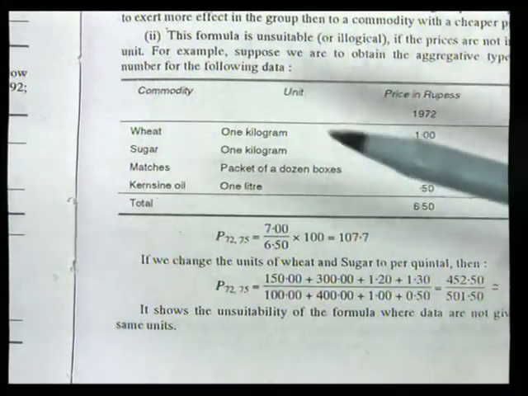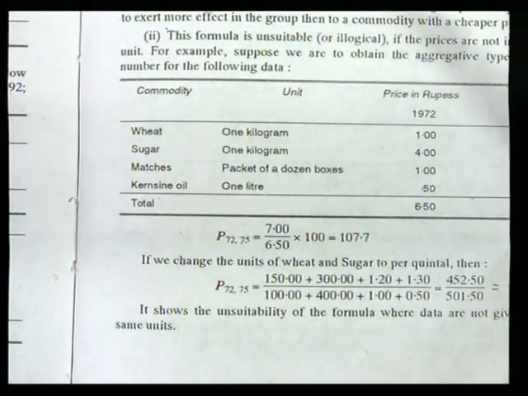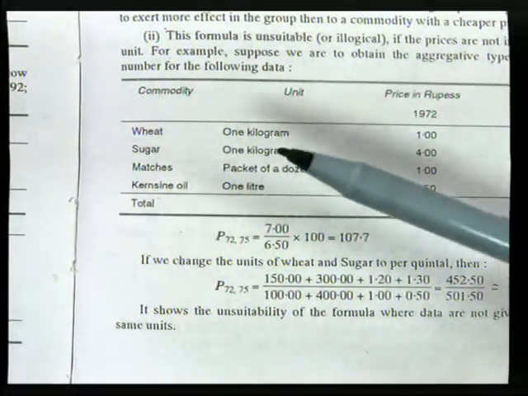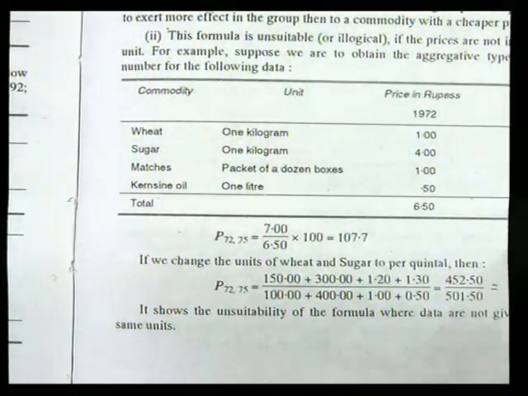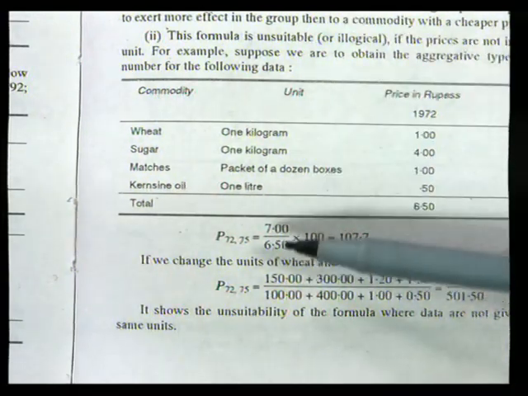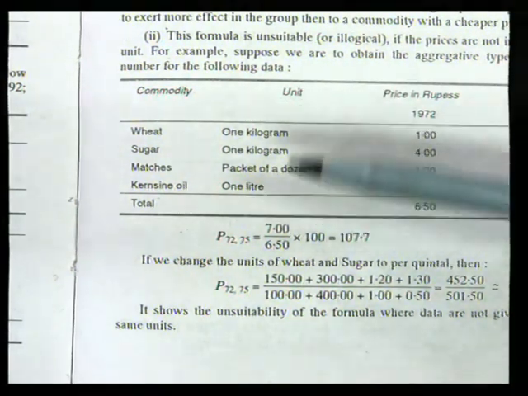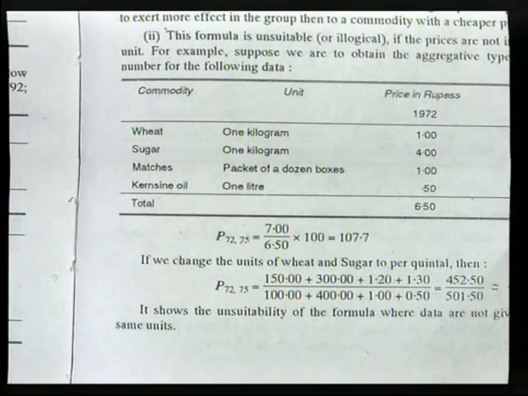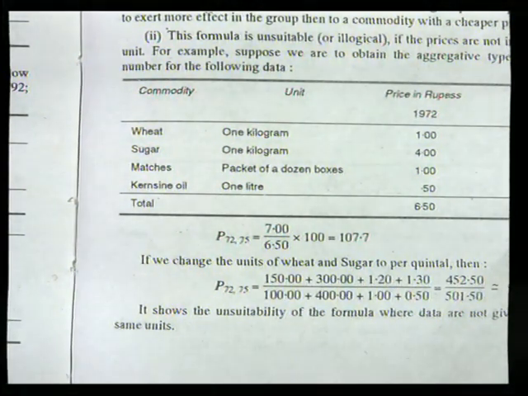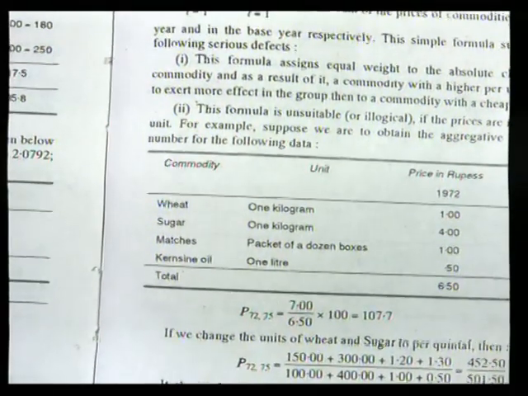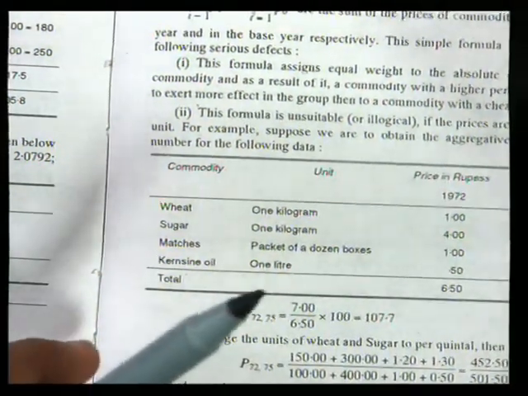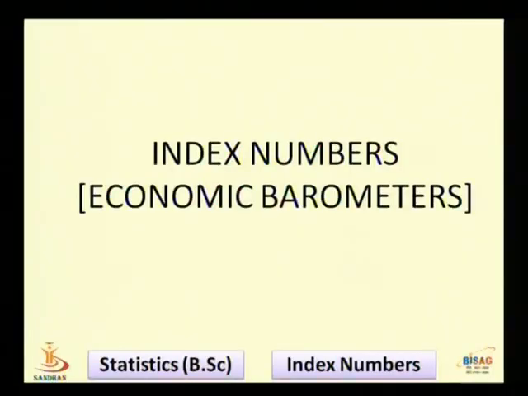So the formula for simple aggregate of prices is affected: instead of kilogram only for all the commodities, we are using different units, dozen, kilogram, quintal, liter, etc. simultaneously in one example, and then it becomes difficult to measure the price relatives. Now after this, let us see something about the limitations of index numbers.